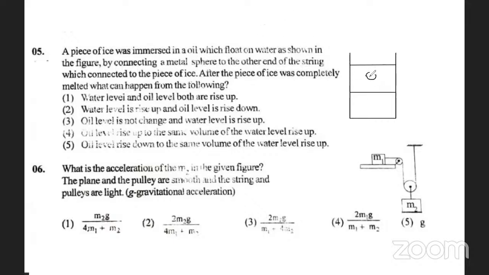This is ice. Initially we have a piece of ice connected to a piece of metal. Metal is heavy, but because of ice it floats. Now this is water, this is oil, and this is ice, and this is metal. Okay, when ice melts, what will happen? Once ice melts, what happens is, okay people,